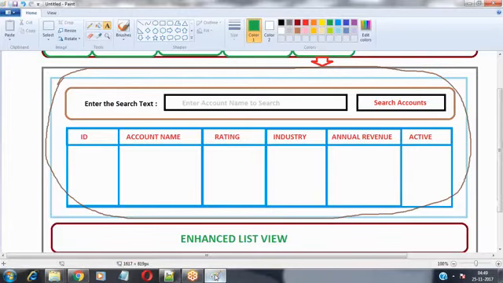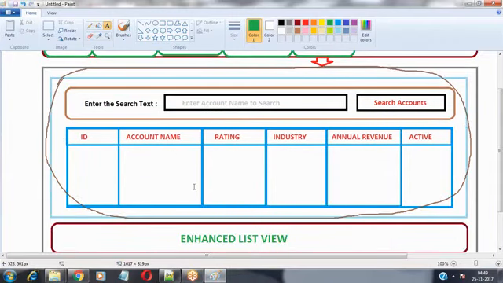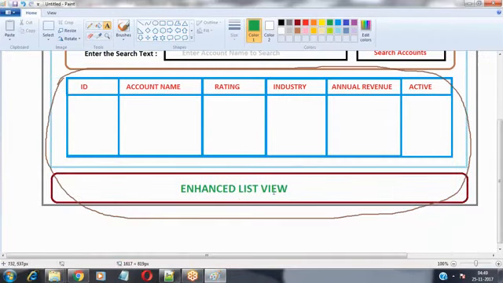So my client is expecting a user interface upon click on a tab where on top of the page it should have such a functionality, and at the bottom it should have the enhanced list view. We have to move the enhanced list view to the bottom of the page. But on the standard tabs home page, that is not possible. We can't customize.